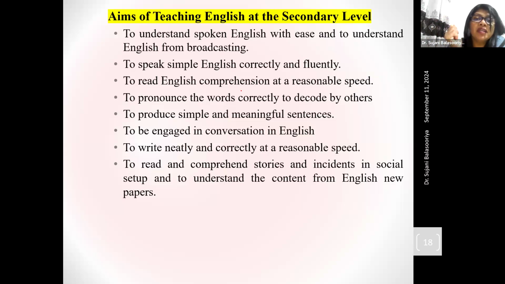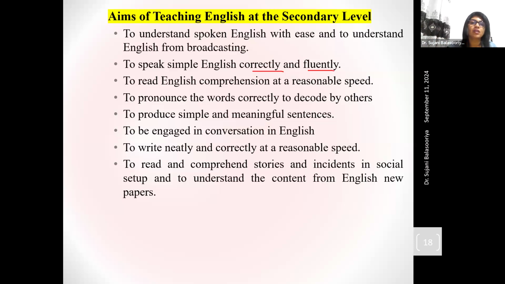And to speak simple English correctly and fluently. Speak simple English correctly as well as fluently. These two requirements are there: correct English and fluent English. You know, achieving both is quite difficult, right? When the student tries to be correct, there may not be fluency, and when the student is fluent, sometimes the accuracy may fall. So actually, it's a kind of balancing both ends. Correct accuracy, that means correctness, and fluency are at both ends. It's a balancing,